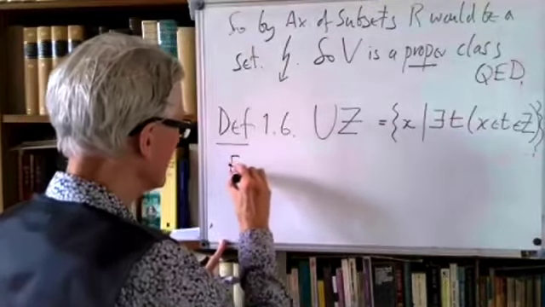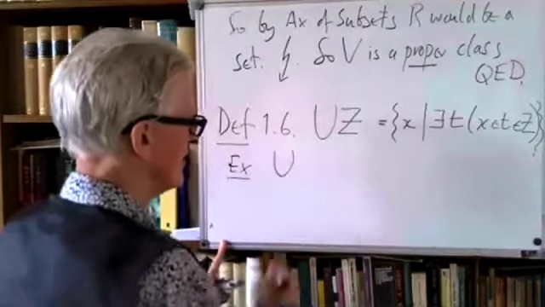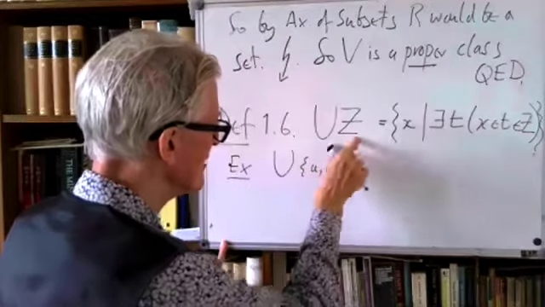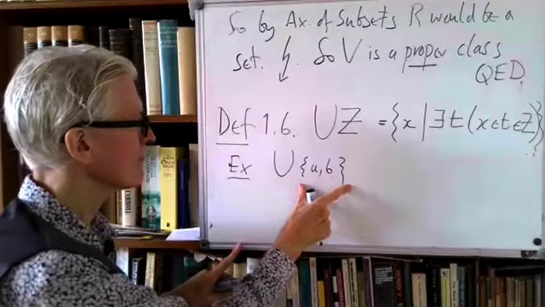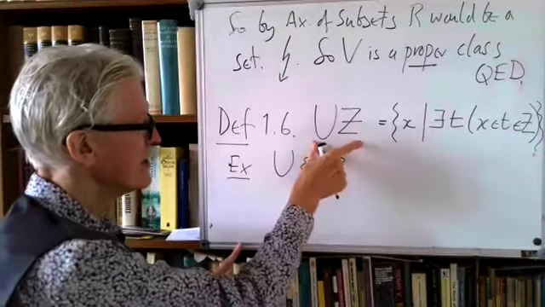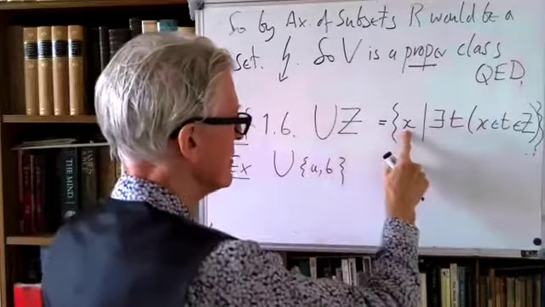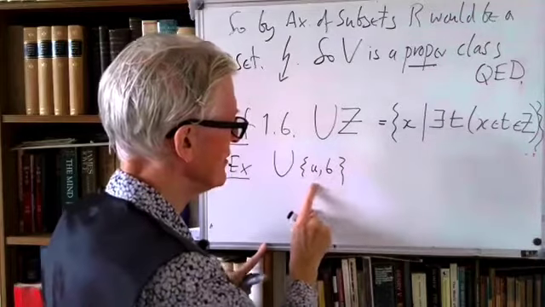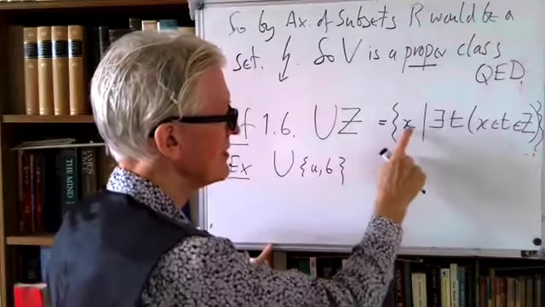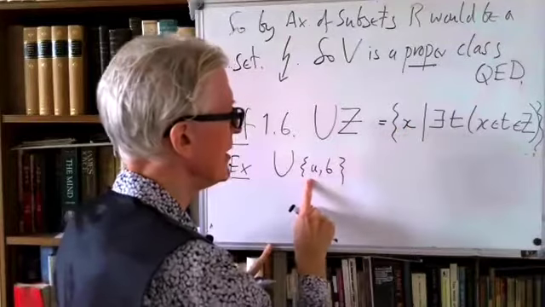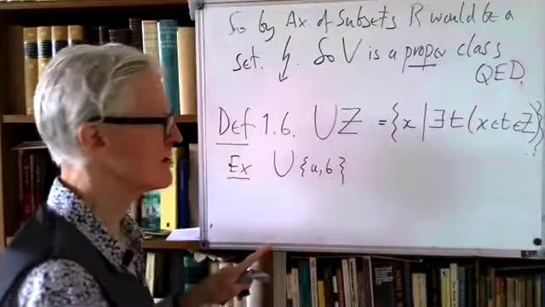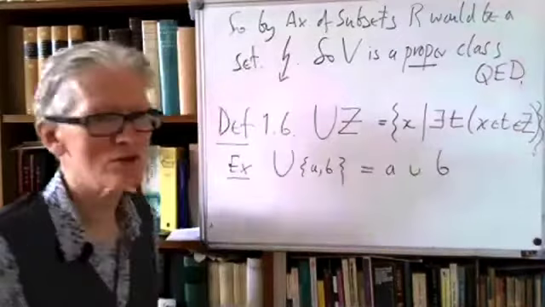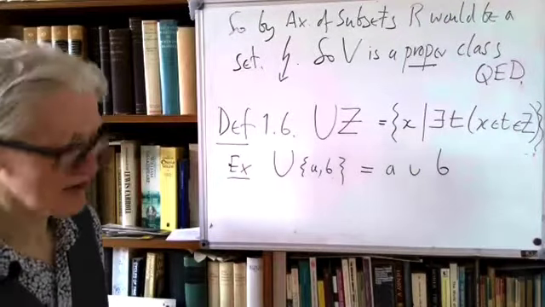So examples. Suppose I take the set which has just this unordered pair of A and B in it. So this is my Z here. And this should be the collection of x's so that there is something in here such that x is in it. Well, there's only two things in here, A and B. So this is essentially the set of x's such that x is either in A or x is in B. So actually this is just the same as A union B